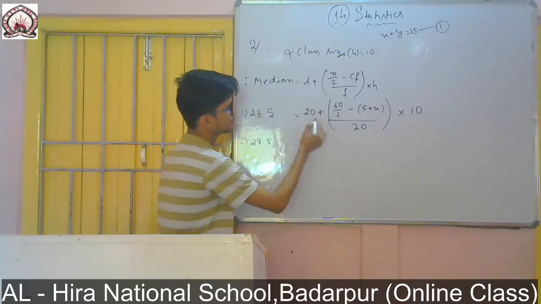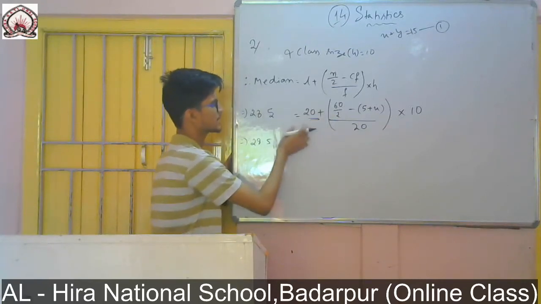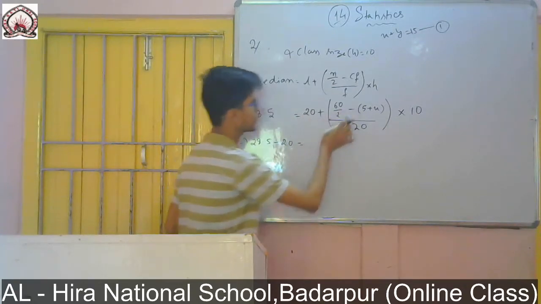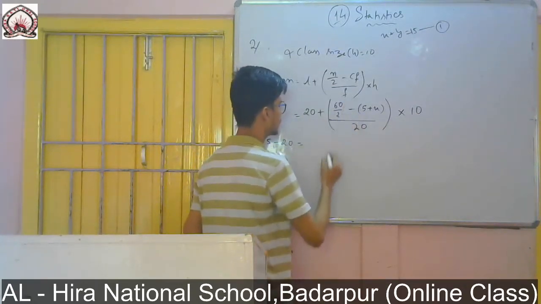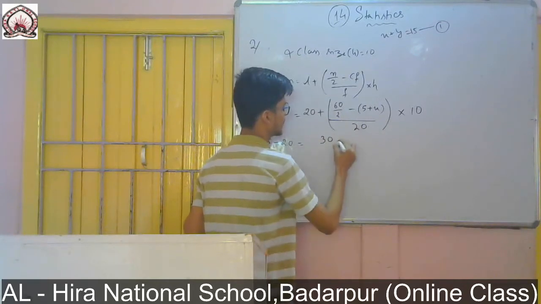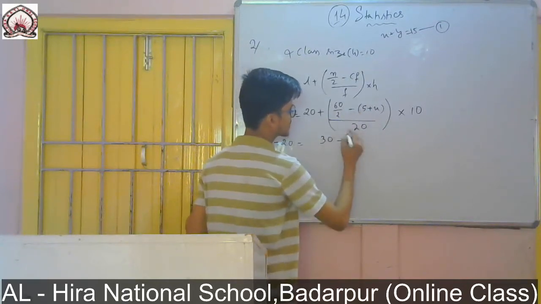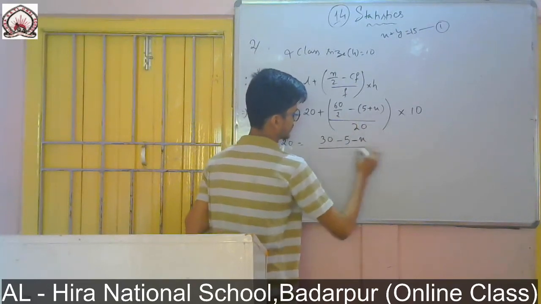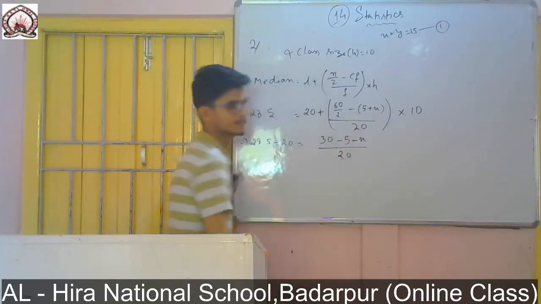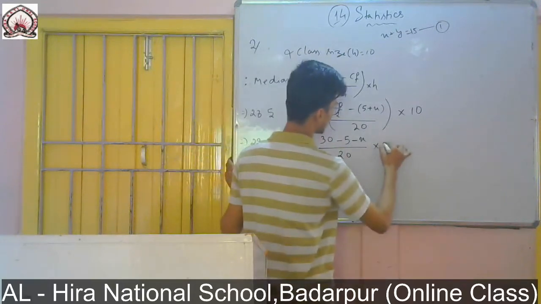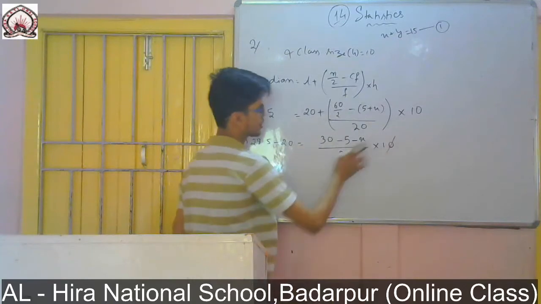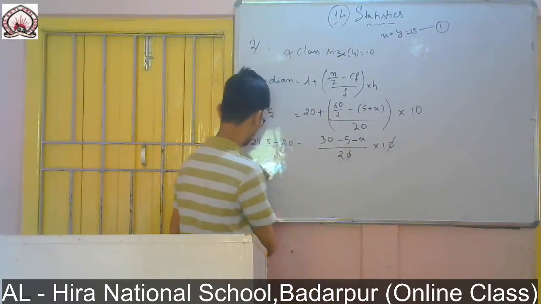Okay, one thing you do, you see it is plus 20. If I change the side, it will be minus 20. I have removed this one, here left only 60 by 2, which is equals to 30, minus plus, it is minus. Change the sign, don't write directly, it will be wrong. Into 10, with 10 I can cancel this one, so 0 0 cancel, so here 2 left.